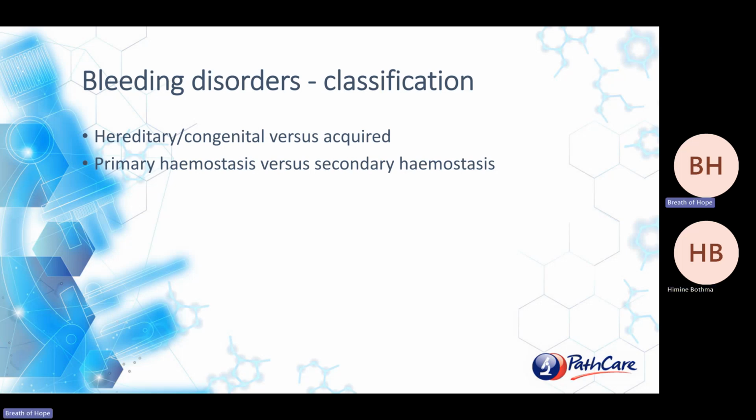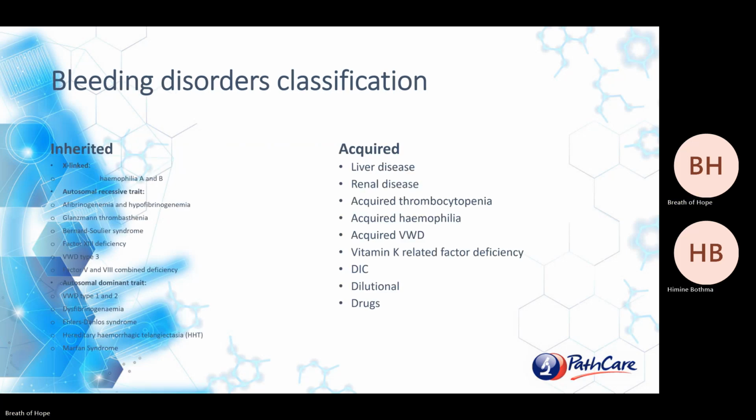So many ways to classify bleeding disorders. Most commonly, it's hereditary or congenital disorder versus acquired, but you can also divide it into disorders of primary hemostasis versus secondary hemostasis. So in terms of inheritance patterns, you can also subdivide it into X-linked, autosomal recessive, autosomal dominant, but just to keep in mind that